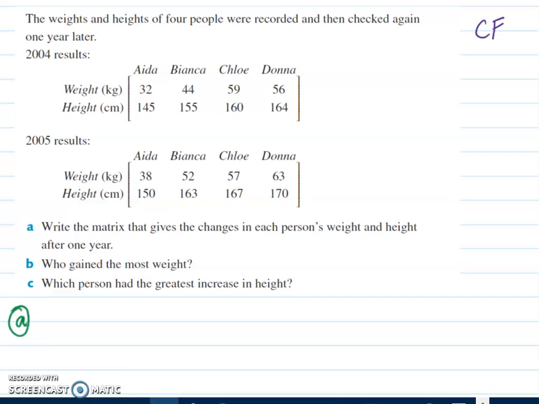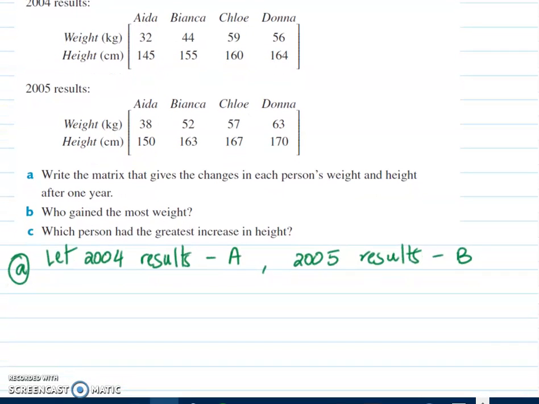I'm just going to rewrite them and say 2004 results. So let 2004 results be matrix A and 2005 results be matrix B. Okay, so I'm just going to rewrite that. So matrix A is 32, 44, 59 and 56, 145, 155, 160 and 164,